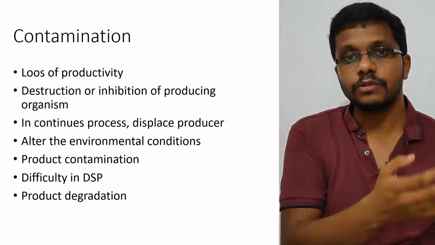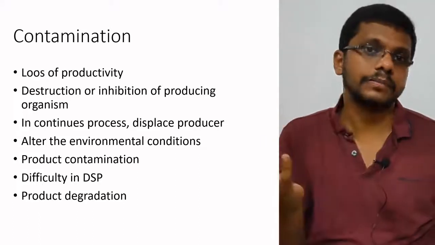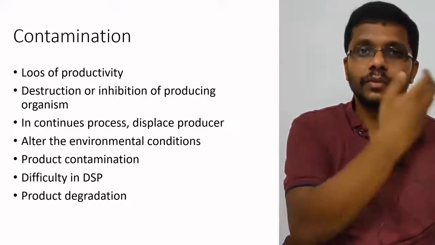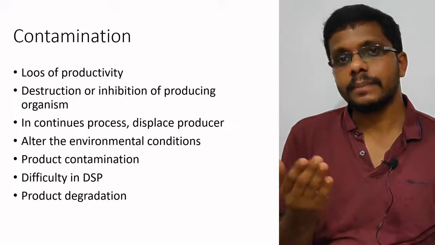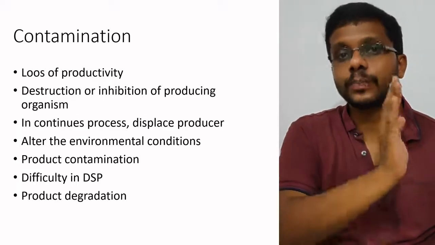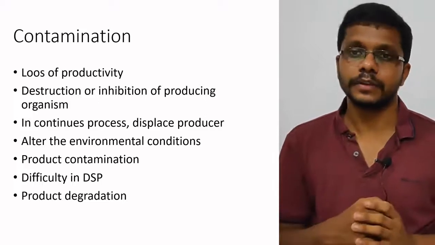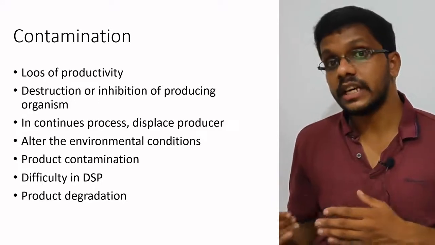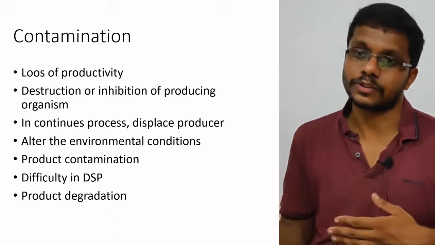So what happens? There will be a competition between the producing organism and the contaminating organism. The contaminating organism will use some of the carbon sources, nitrogen sources, and everything. And what happens is the amount of product produced by the producing bacteria will reduce. So there will be a loss of productivity, the yield will be reduced, the economic benefit of the process is